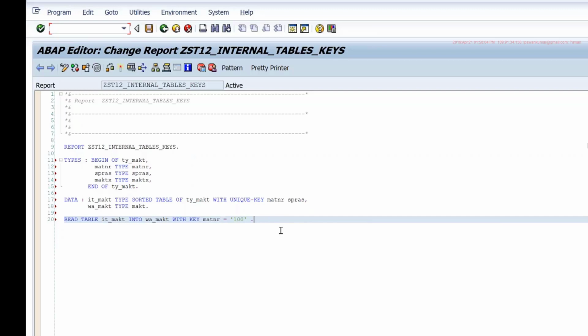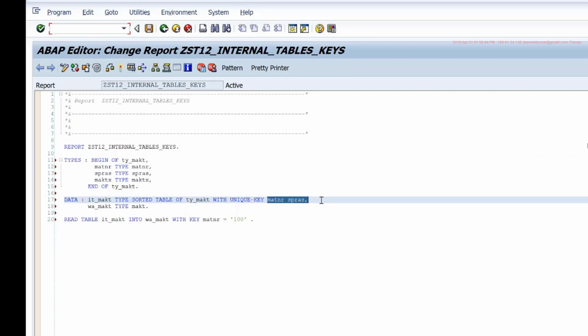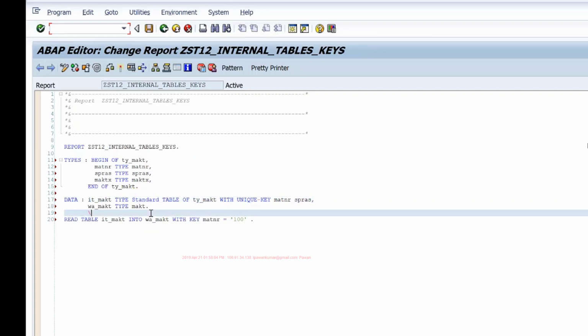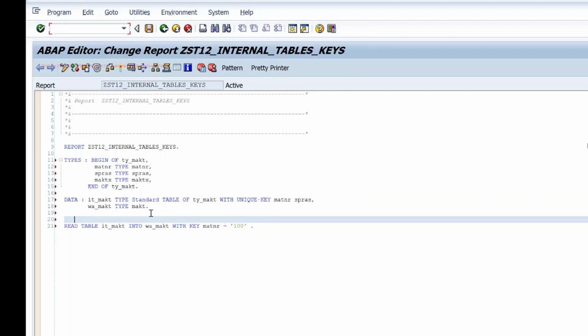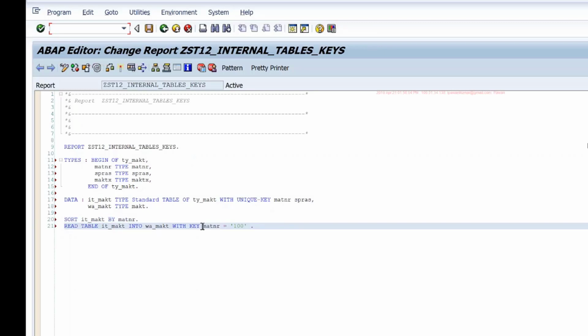Okay. What we used to do to overcome this problem, since SAP only supported primary keys for internal tables and there was no concept of secondary keys, is we used to always define the table as a standard table, and before reading, I'll sort this table by whatever field I want to read, and then in the read statement I'll add the addition BINARY SEARCH. Now, even though my table is a standard table, I'm making it perform like a sorted table by using the binary search. So this is what we used to do.